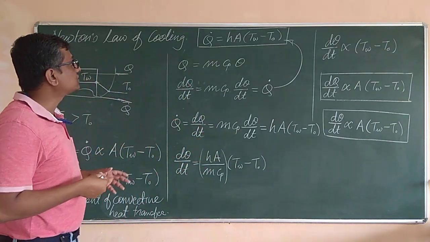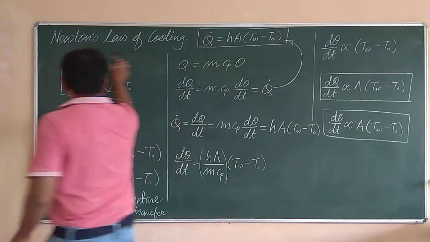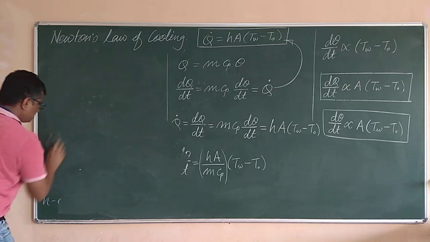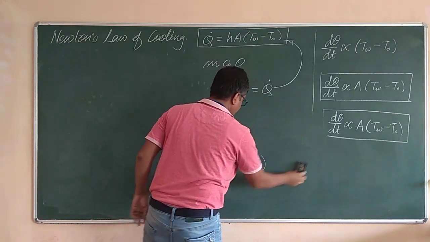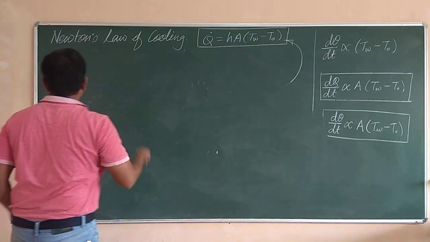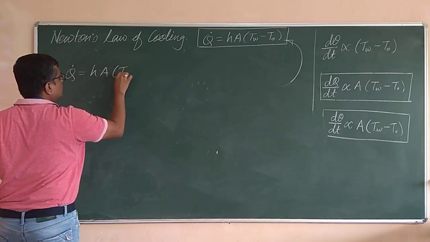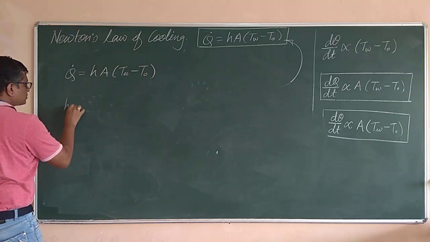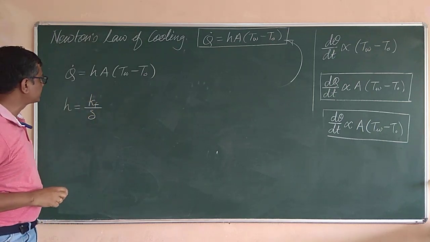I forgot to mention that, rather I should explain it now. Just a few minutes ago we discussed the term h, small h, that is the coefficient of convective heat transfer, and the value of h depends upon many parameters. I will show you what that is. We know Newton's law of cooling, Q dot is equal to hA into (Tw minus T0), and we have also seen that h is the ratio of the thermal conductivity of the fluid to the film thickness, also the boundary layer thickness.